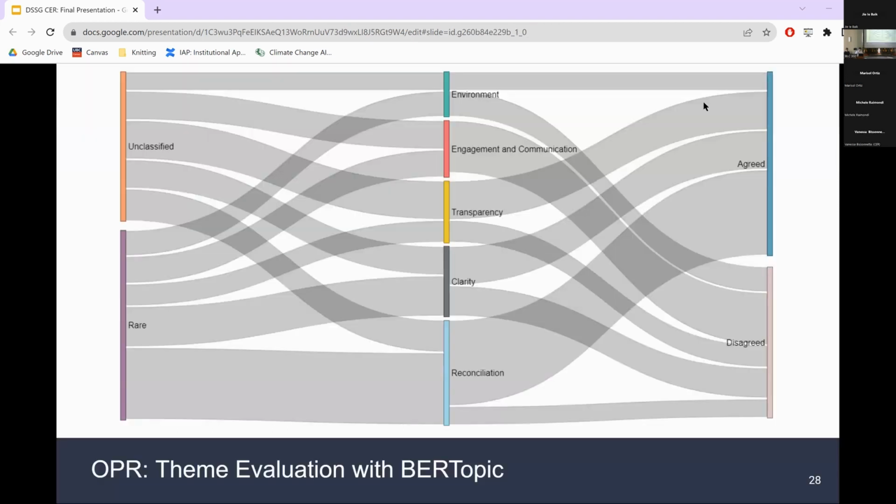We wanted to drill down a little bit more into this data. And so we broke that agreement and disagreement proportion down by CER theme initially. This is going to look a little bit overwhelming, but I want to draw your eyes to two specific portions here. Engagement and communication is the second theme from the top. It's also the second most frequent theme across the entire data set. And regardless of the source of that theme for our subset, from unclassified or rare, all of them were incorrectly labeled by BERT. So despite being one of the most frequent themes that we had, BERT struggled with all of these entries in our subset.